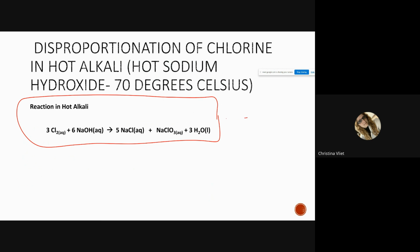Unfortunately, I'm asking you to memorize this equation. This is the disproportionation of chlorine with hot sodium hydroxide. I'm going to be honest with you. The reactions here show up sometimes in questions. If you're shooting for an A-level score, I would memorize them. But if you're shooting for a C or a D-level score, it's up to you if you want to